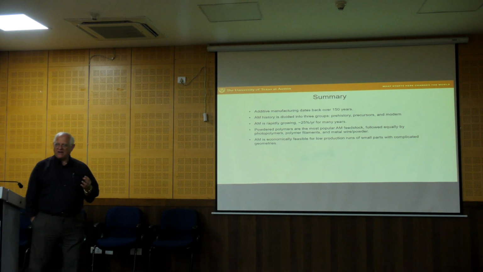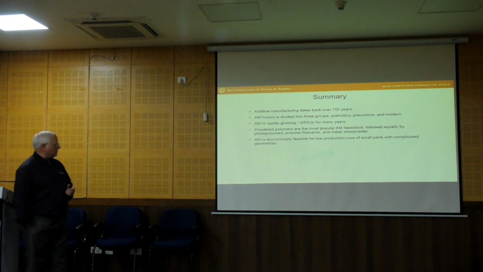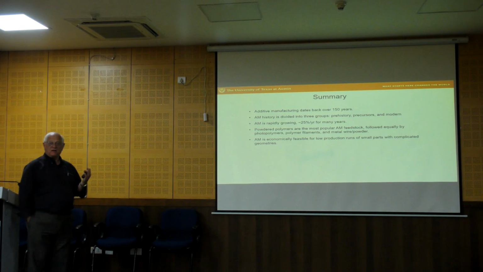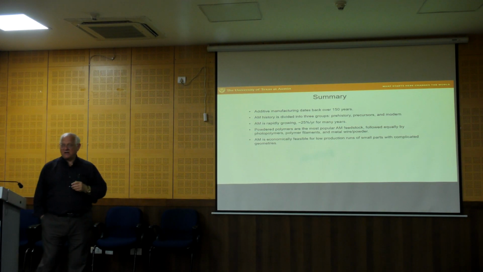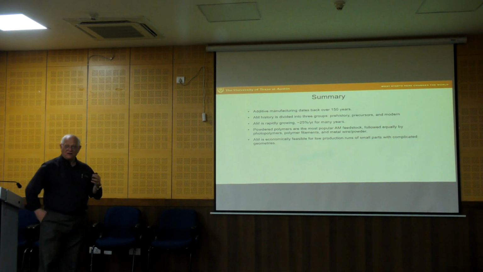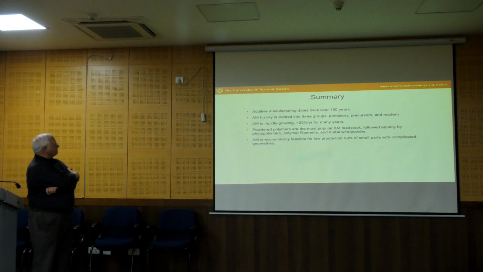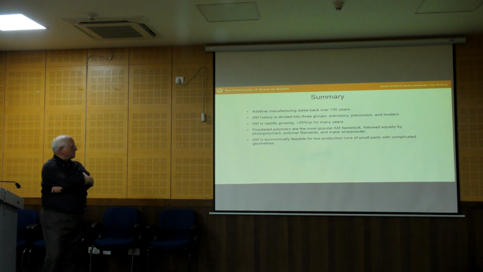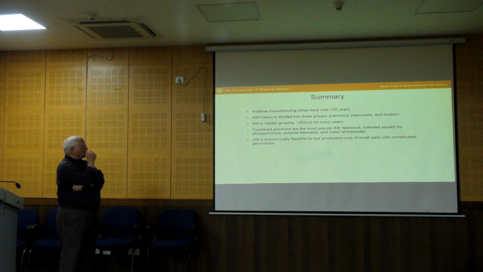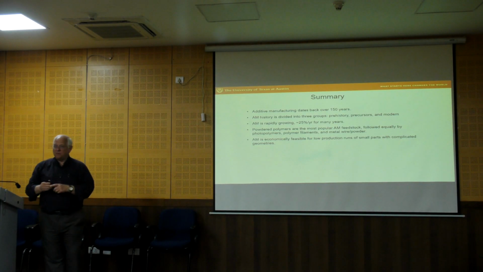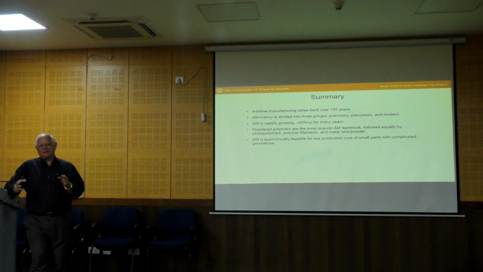Again, we break it into three categories: the prehistory, the precursors, and the modern technologies. It's rapidly growing, and the technology over many years has grown at about 25% per year in terms of the application space of the usage. Powdered polymers are the most popular feedstock. Then it's followed equally by the photopolymers for stereolithography, polymer filaments for material extrusion, and then wire and metal powder, which is predominantly used for directed energy deposition and